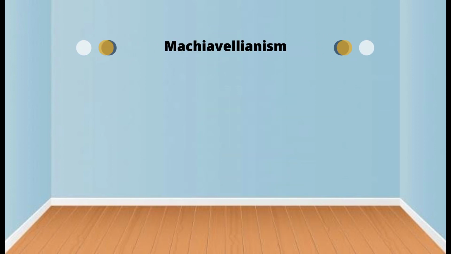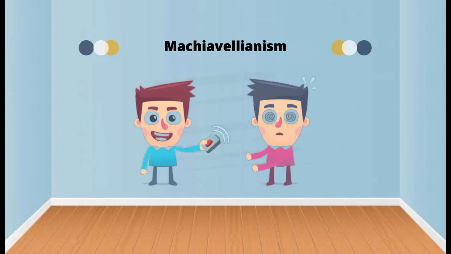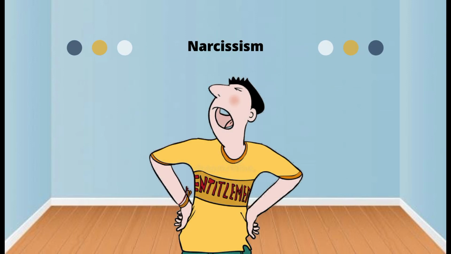Machiavellianism, a pragmatic, emotionally distant power player who believes that ends justify the means. People high in this trait are manipulative, win more often, and persuade more. Narcissism, arrogant, entitled, self-important people who need excessive admiration. They tend to be selfish, exploitative, and treat others as if they were inferior. They are less effective in their jobs.